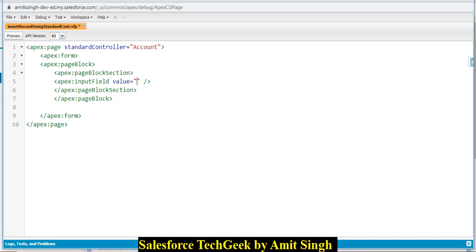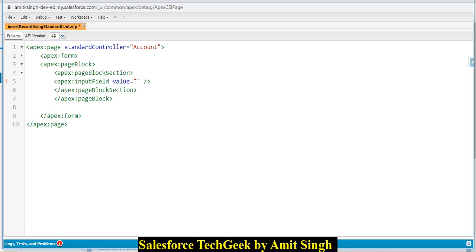Now if you are aware of the fields that we have on the account object, you can write them. Apart from it, if you don't know the fields which are required for creating an account object, or all the mandatory fields, or if you want to check all the fields for an account object, what you can do is